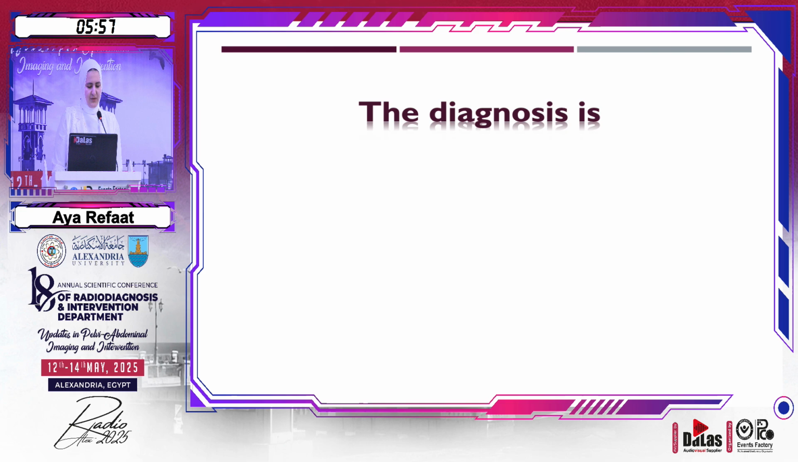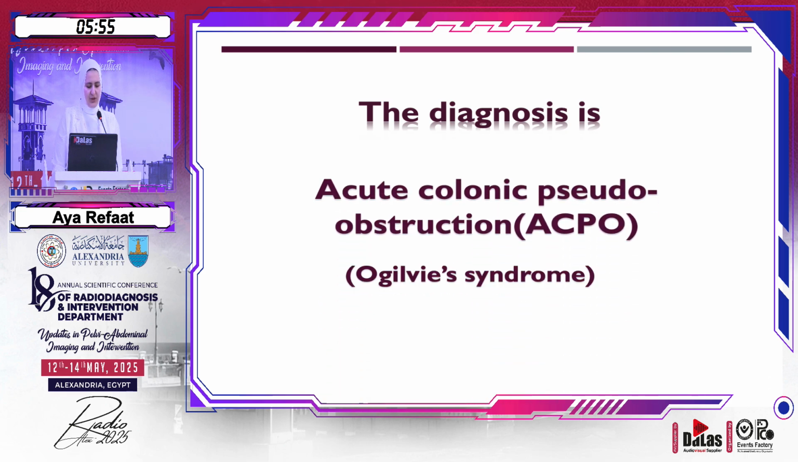So the diagnosis is acute colonic pseudo-obstruction, or Ogilvie syndrome, which is a surgical condition characterized by acute bowel obstruction without mechanical cause. It's believed to be a result of autonomic imbalance, particularly decreased parasympathetic activity and increased sympathetic tone. Although it's a rare post-operative complication, it should always be considered in the differential diagnosis when bowel obstruction is